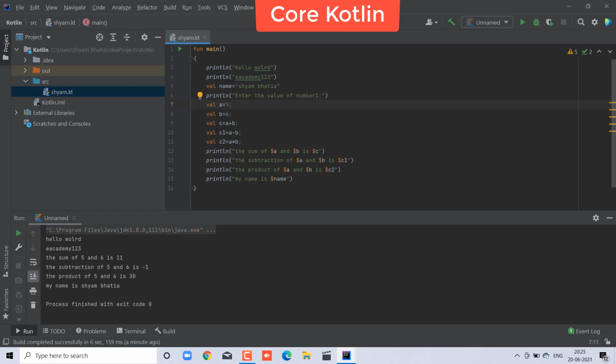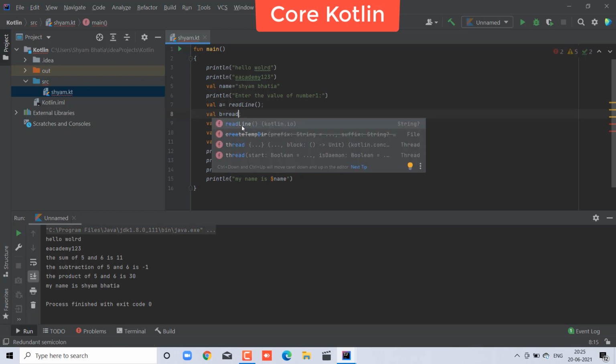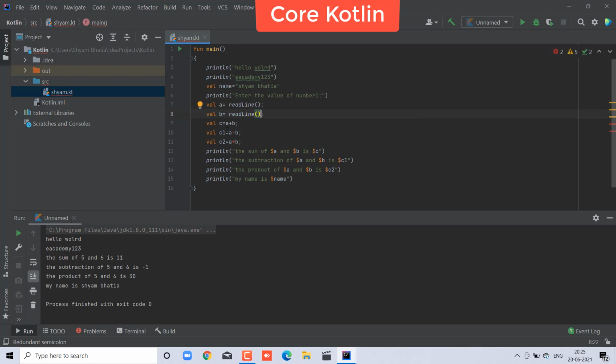Now here you have to create a variable that will store the value, like A, and here you will write readLine. Yes, this is the readLine. Okay, and a similar thing again, readLine. This is A and B, and everything will be completed here. So A and B, enter the value of 1, and again I will paste another value and enter the number 2. After taking the values A and B, the operation will be performed.